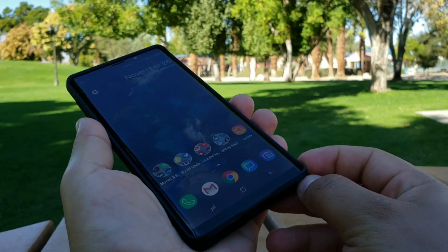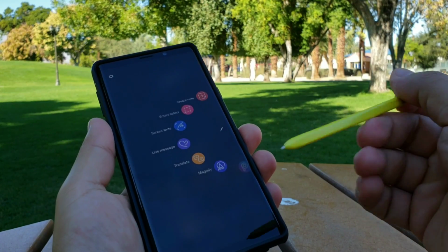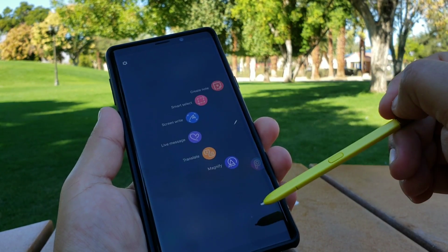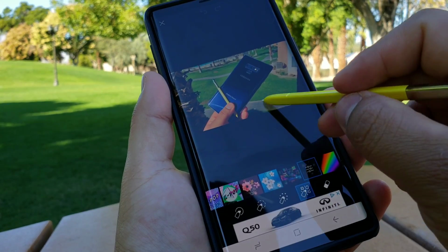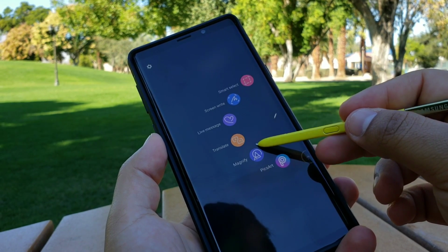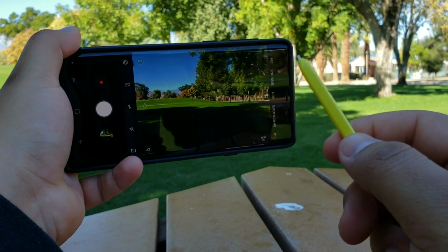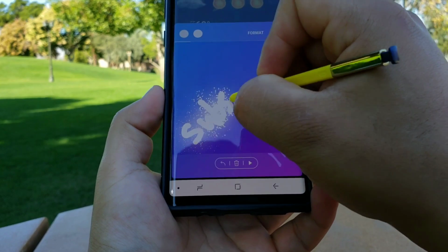things done. Now, I honestly didn't think I'd be using the S Pen as much as I actually do, because I have never owned a Note device before, but I find myself using the S Pen for lots of things. I use it to edit thumbnails, I use it for Smart Select to copy and paste certain things, for the screen write, for its cool translate feature, and one of my favorite features, taking pictures. You can do so much, and I have gotten so used to having an S Pen,